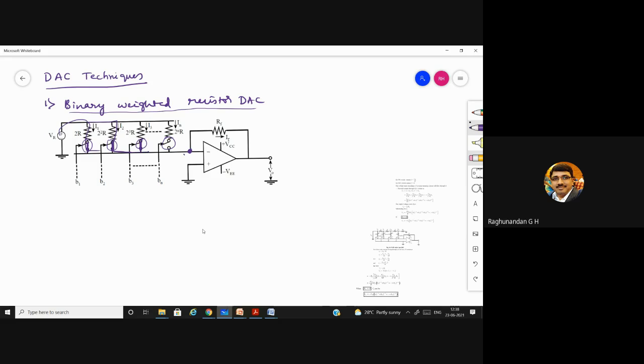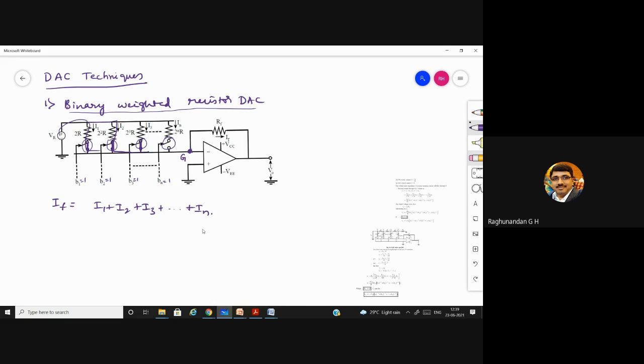So let us take this as node G, which is a virtual ground, obviously. So we are going to apply the KCL to this particular node. And now let us assume B1 is equal to 1, B2 is equal to 1, B3 is equal to 1, and even Bn is equal to 1. That is, all the switches are closed. So when we apply KCL to this node, we will get IF is equal to I1 plus I2 plus I3 till